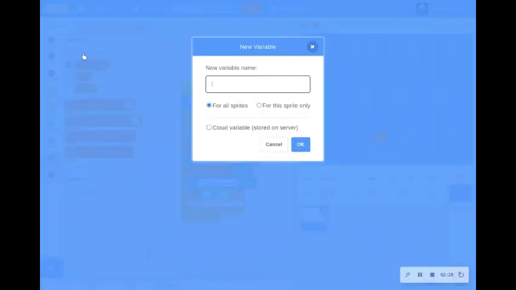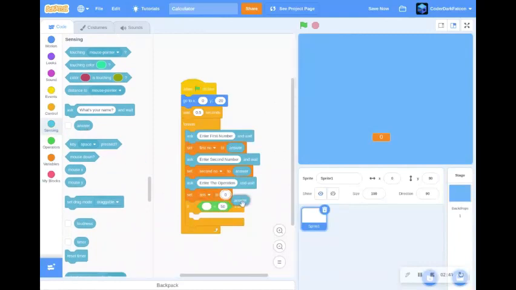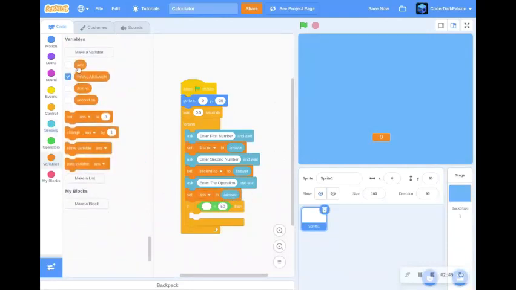And we also make one more answer variable. You just delete that and do not show that. And do the operation, set answer to answer, like this. And then if answer is equal to addition,